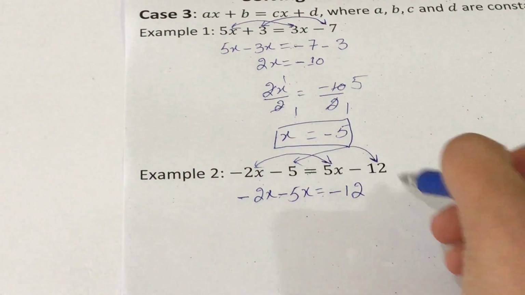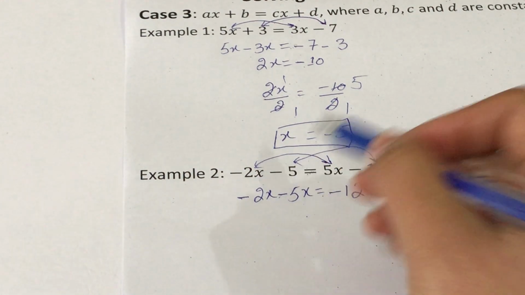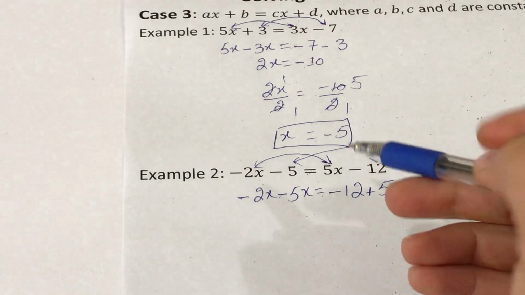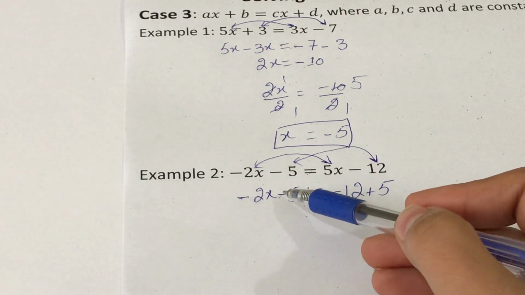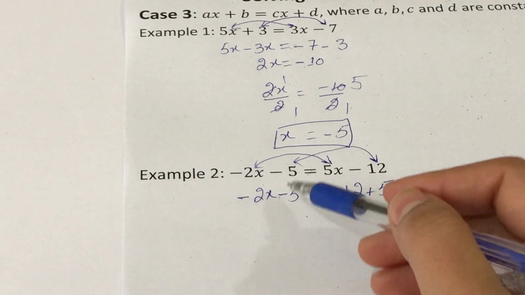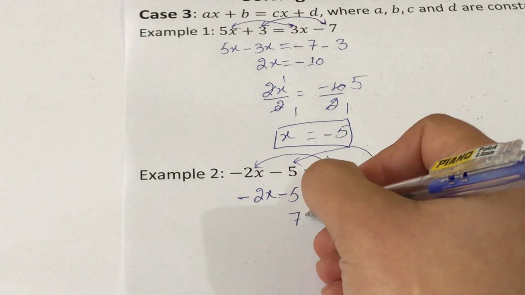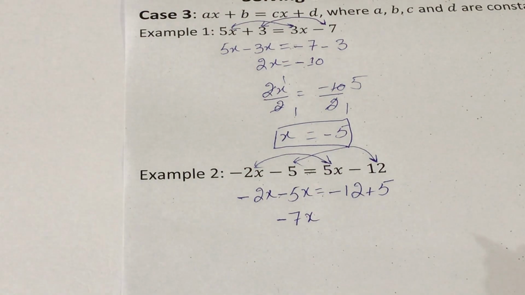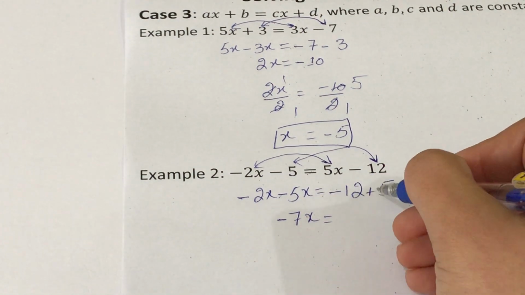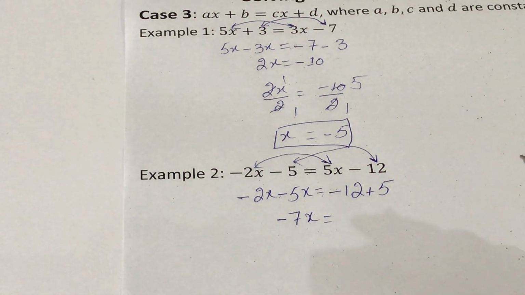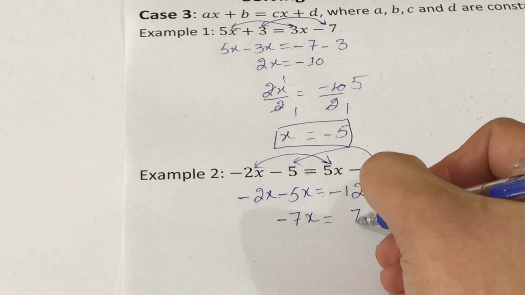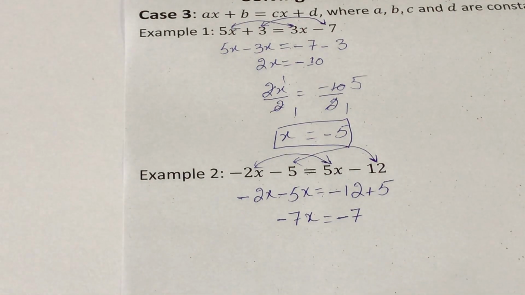Now shift negative 5 to the right hand side. As 5 is negative on this side, it would be positive on right hand side, right? Now negative 2x, negative 5x, both have same signs. For same signs, you have to add the numbers. Add the terms. 5x plus 2x, 7x, and keep your negative sign, right? Is equal to, now negative 12 plus 5, two different signs. For different signs, you have to subtract the terms. 12 minus 5, it's 7, and keep the sign of greater number, right?